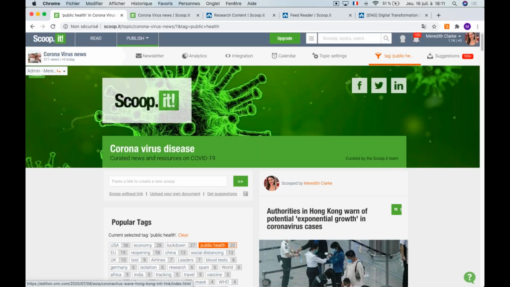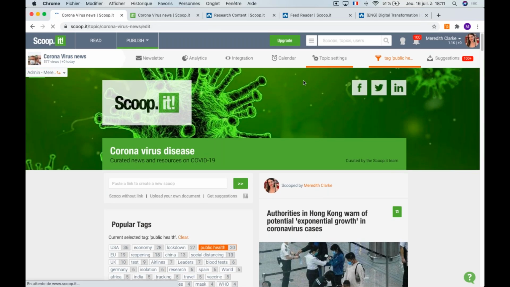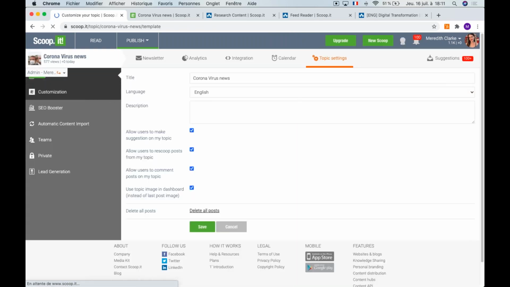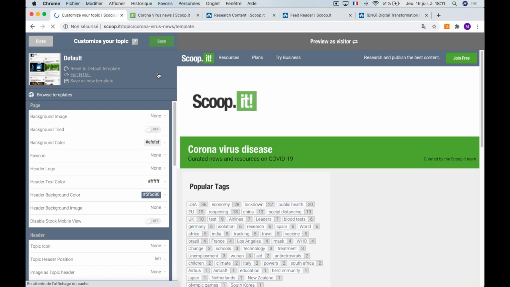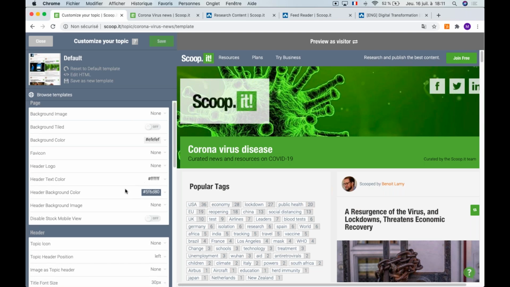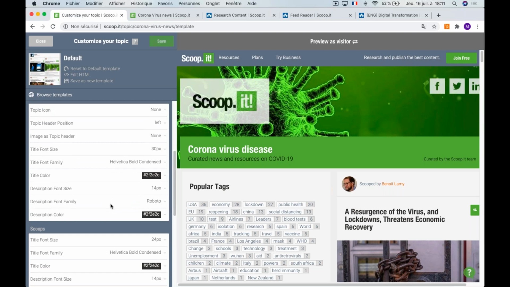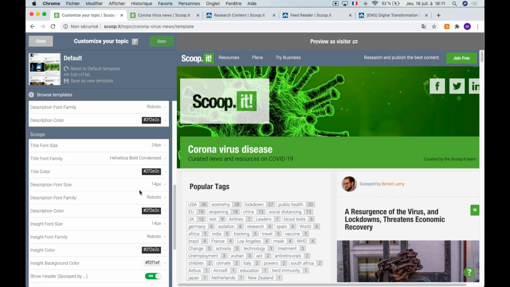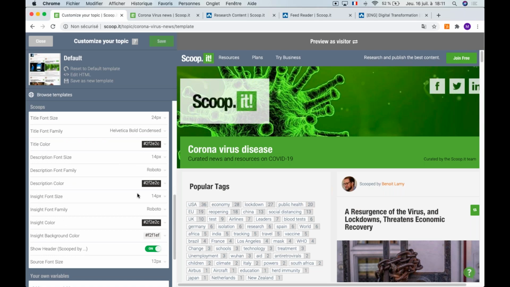So then if I go into the settings, I can show you a little more as to how it was customized. So in the customization, you can choose either a default theme as a template, which are available here. You're going to be able to customize the background images if you'd like one, the colors, the text. Pretty much everything is customizable, the size of the font, etc. You can really go over anything to really make it to your taste, either to your company colors or if you're only doing it for yourself, for a personal point of view.